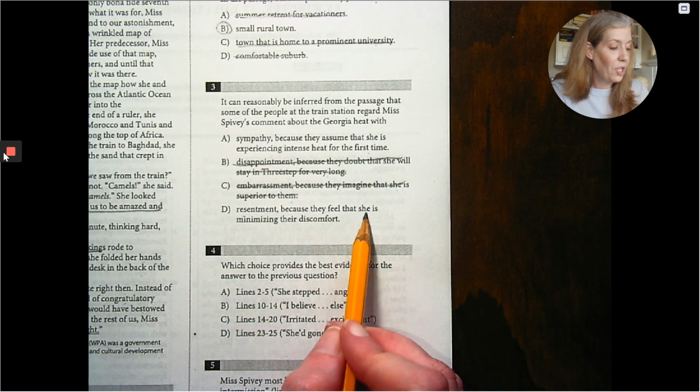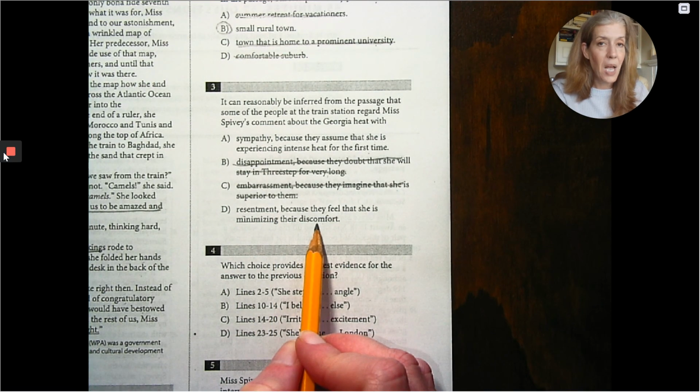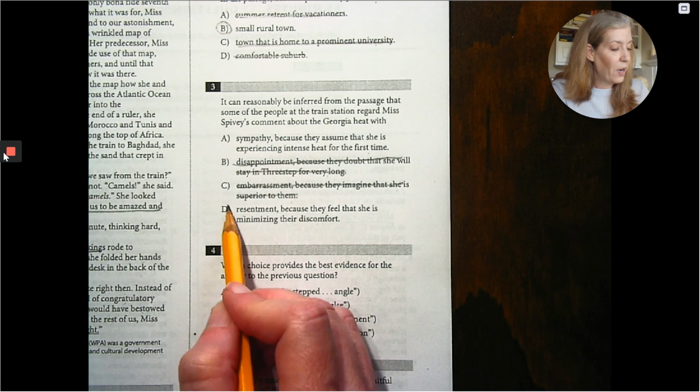Resentment, because they feel that she is minimizing their discomfort. I like that one. In fact, I remember them saying something to the effect of,